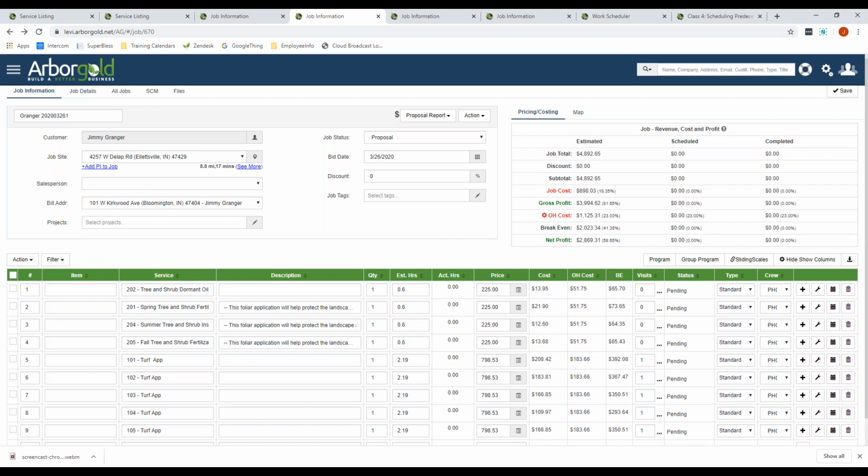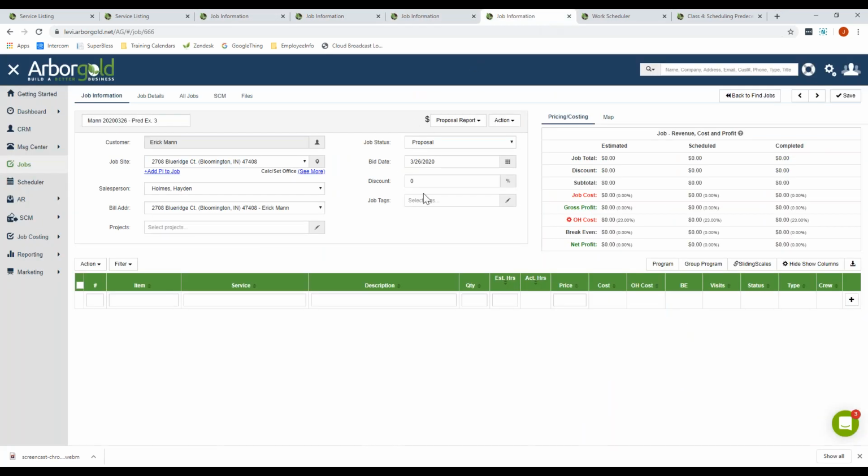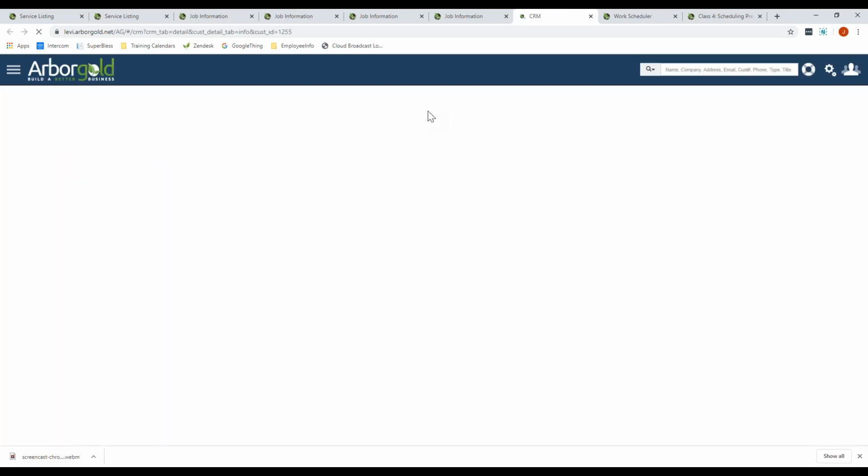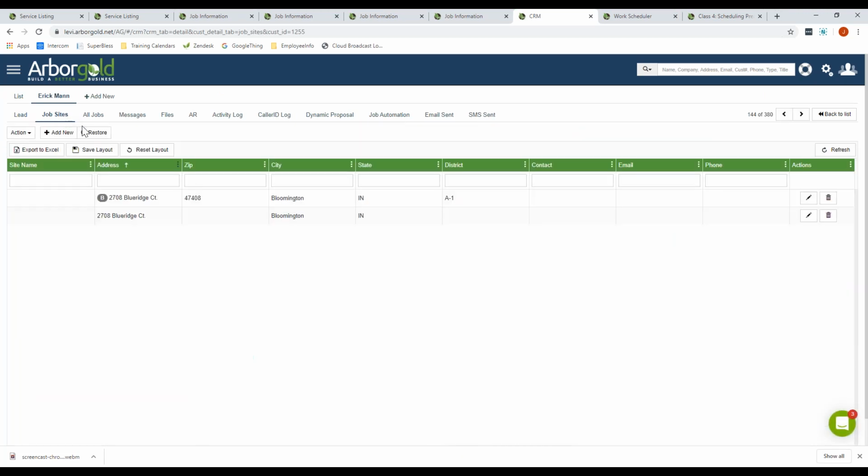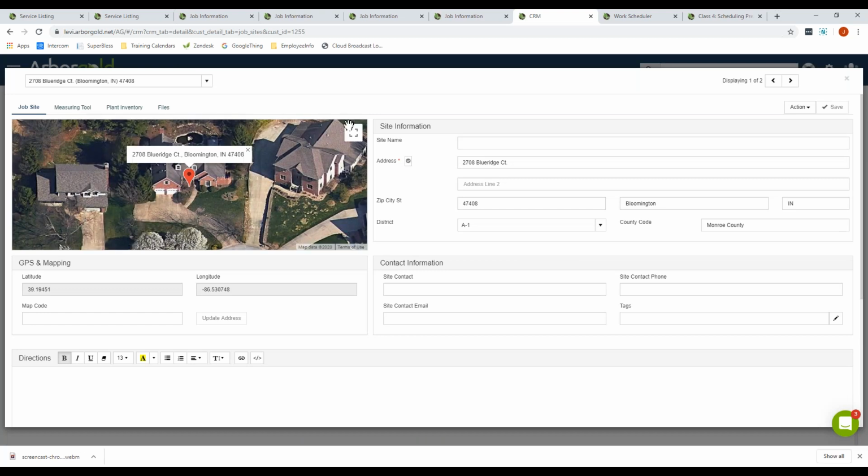Because this is all done super quickly, I'm going to show you how to put it in for a new customer, which is going to be Air Command here. So what we'll do when we put in the customer, we will go into the job sites tab here, look at the particular job site, and go into the